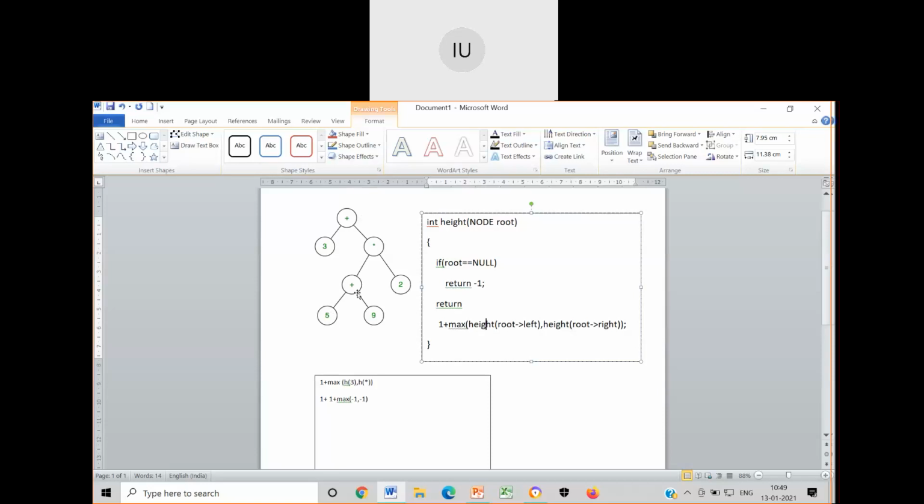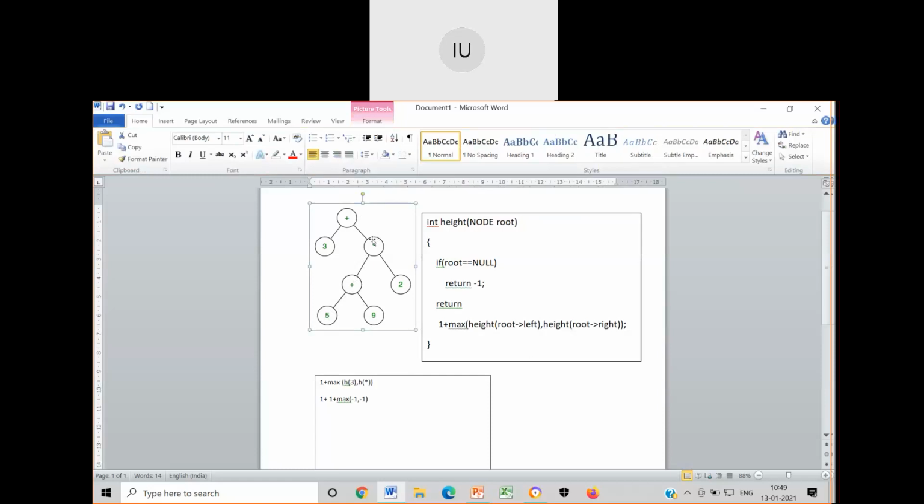So every time there is 1 plus, it is getting added. Now 4 times 1 plus is nothing but the height of the tree. So which is longest, that will be taken. At this point, when star is called, it is 1 plus 1 plus, and 1 plus on the left. On the right side for star, it is only 1 plus, which is nothing but 1. Out of 2 comma 1, which is largest? For star, left side 2 times 1 plus is called. Right side 1 time 1 plus is called. So among 2 and 1, which is highest? 2 is highest. So 2 gets returned for star.